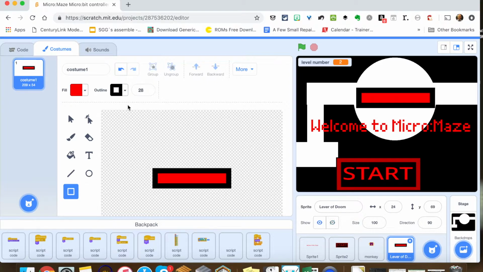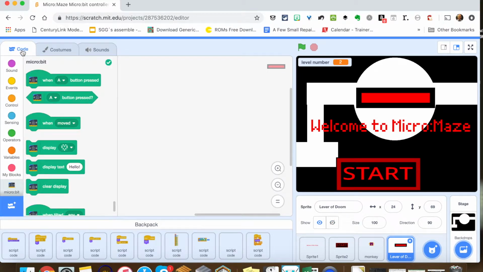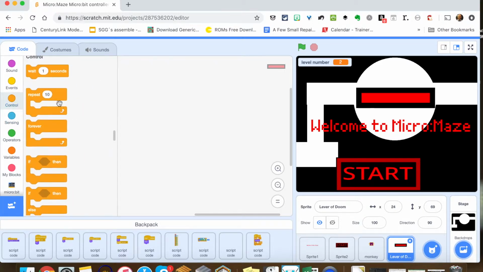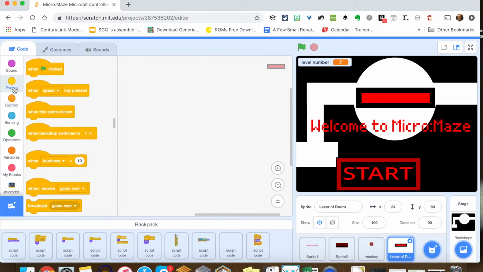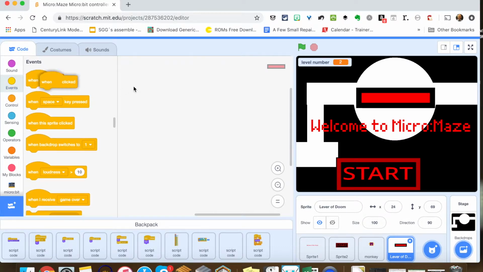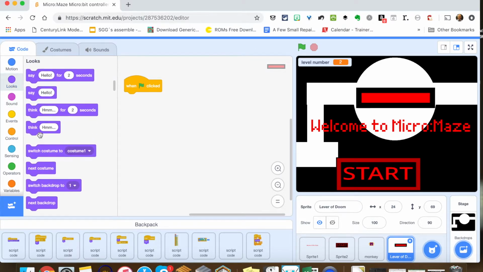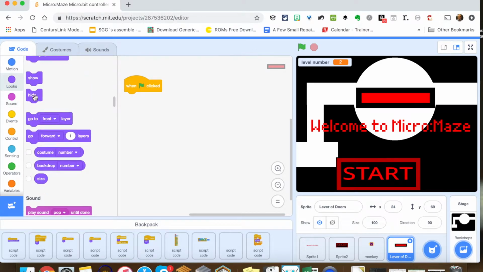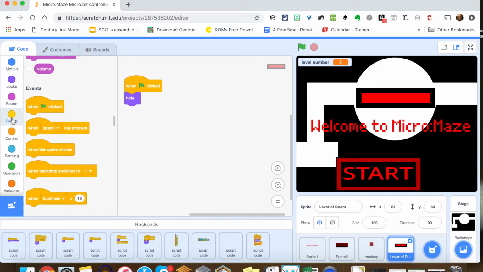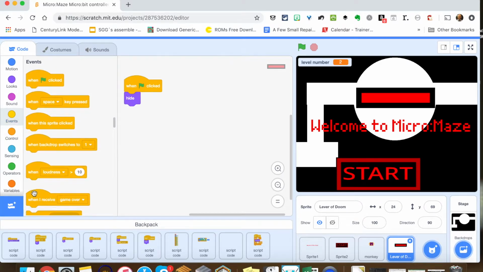So if we do that, and now we go over here to the code, what we want to do on the control is make sure that when we start, you can't see it. So we're going to hide our lever of doom. Oh, we don't want sound, we want looks, and we're going to hide the lever. We don't want it to be seen. And then once it receives the start broadcast, when I receive